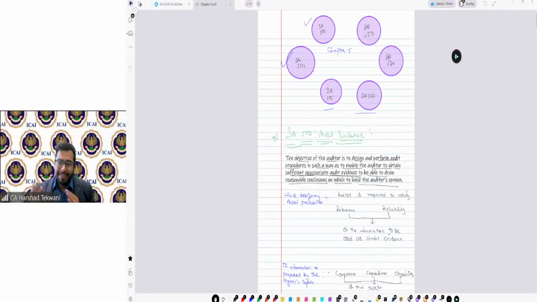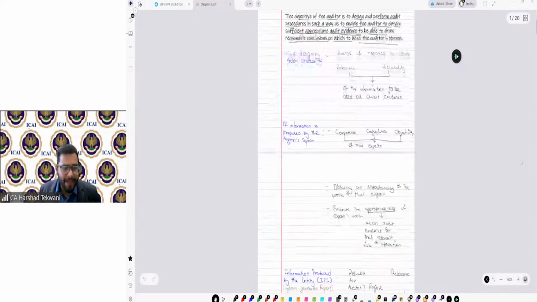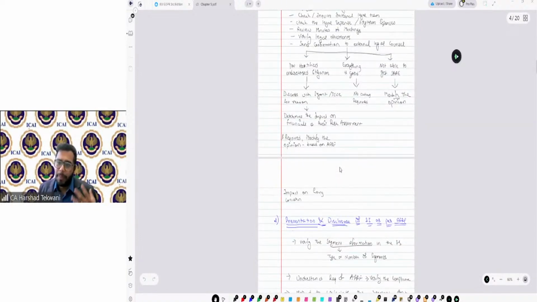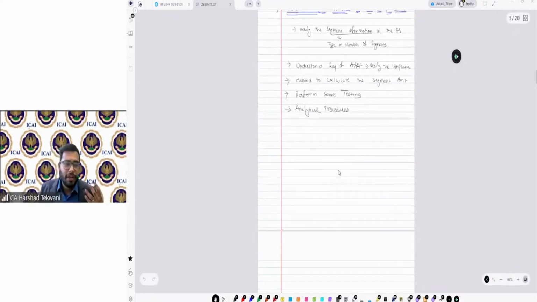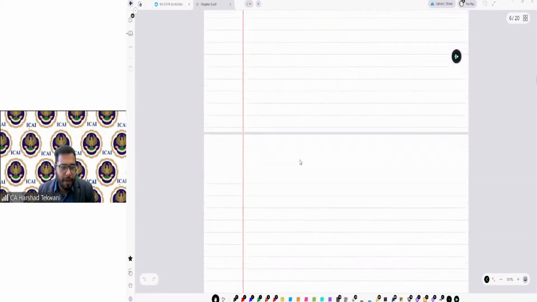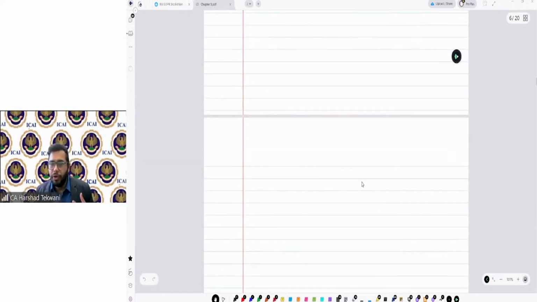Now let's proceed further to the next topic that I want to discuss, SA 505 external confirmation. In SA 501 also, somewhere in the litigation, we were talking about sending confirmation to the external legal counsel. Now, if we are talking about confirmations, I need to understand how to send confirmation and what to do in the confirmations.